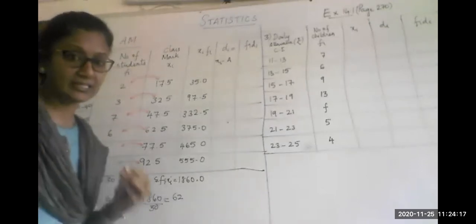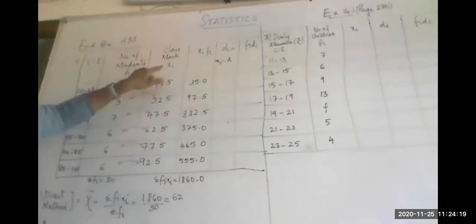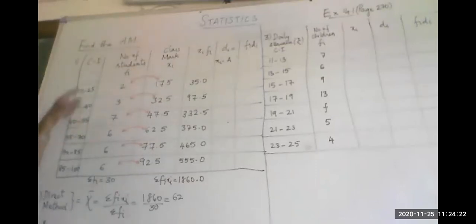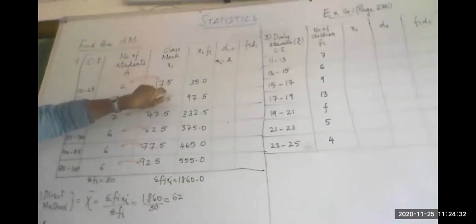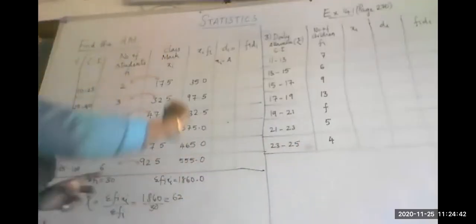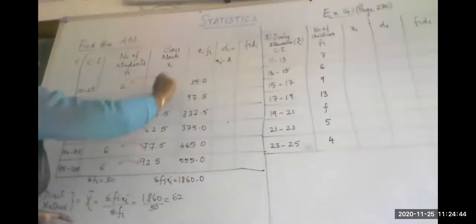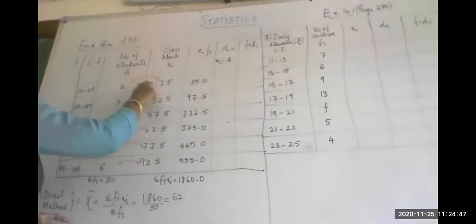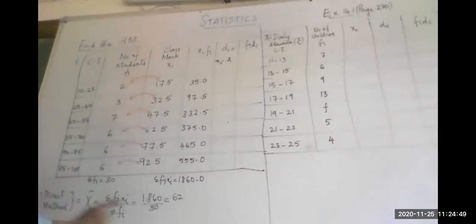All these are technical terms that you should remember. What is class mark? What is class size? What is the class interval? A class interval will have two values. One is the class size, difference between the upper and the lower limit. The second one is the class mark, which is the average of the upper and the lower limit of a given class interval. Now, these class marks are absolutely required to find the xi values which have to be multiplied with the corresponding frequencies to be substituted in the formula for the direct method.